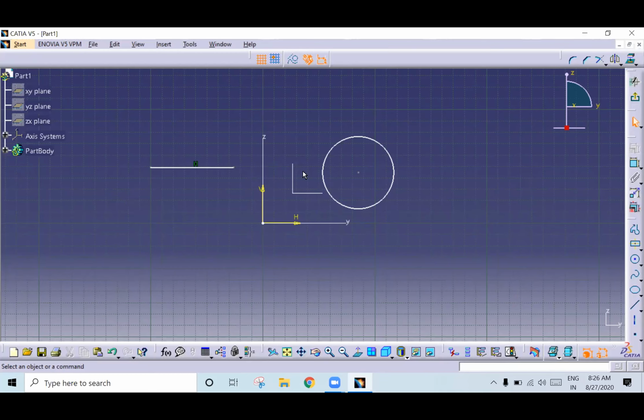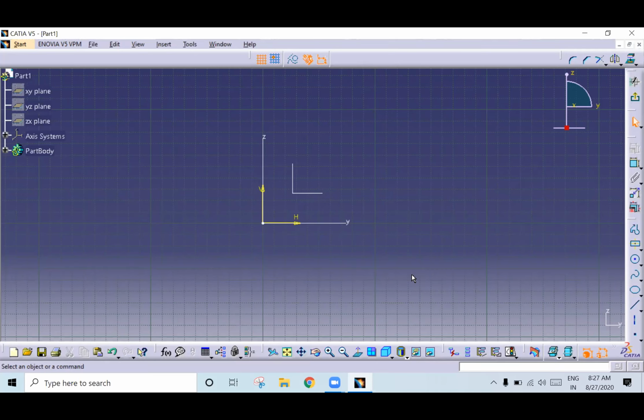Concentricity. What do you mean by concentricity? Coincidence of circle. Okay, two circles of different radius lying on a same point. So we have two different circles, right? If you want to make concentric these two, select two circles, right click, concentricity. See? Okay. Only thing is you just select the elements, right click and perform whatever you want.